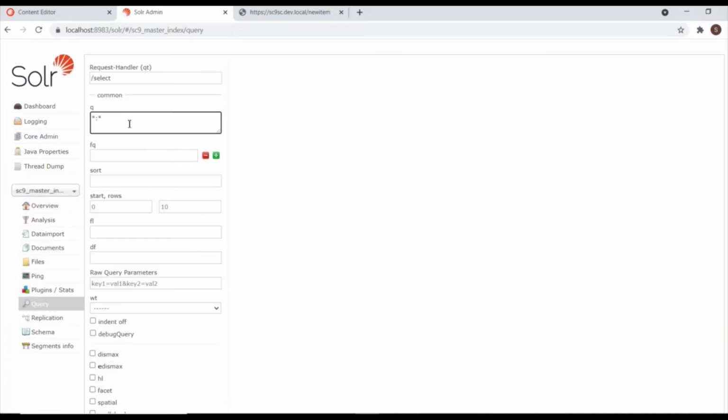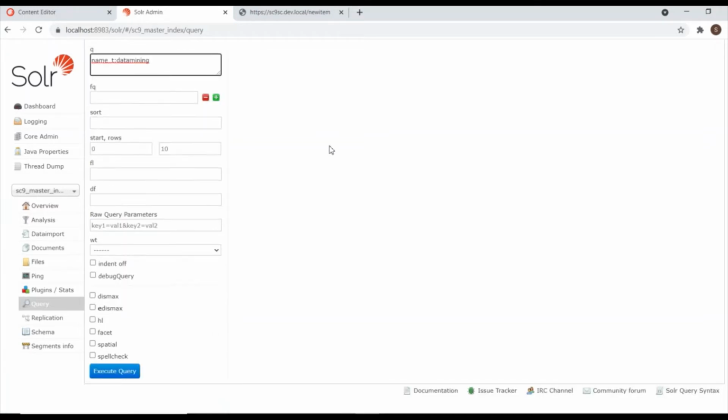This feature is not available in Lucene, so it is only available in Solr. One example: I'm giving a name, different T colon data mining. I'm just searching here, mining. This is the query analyzer.